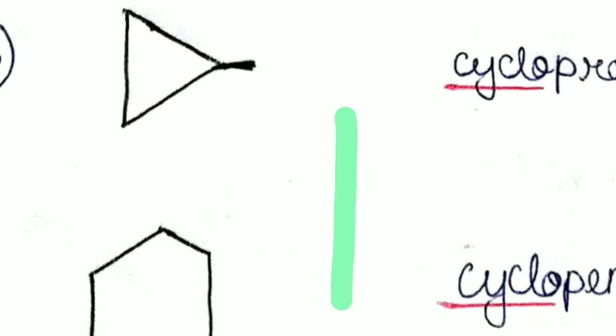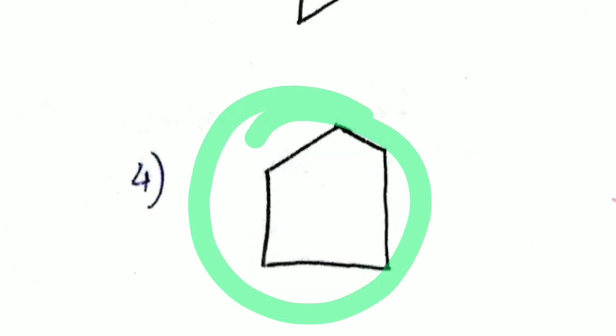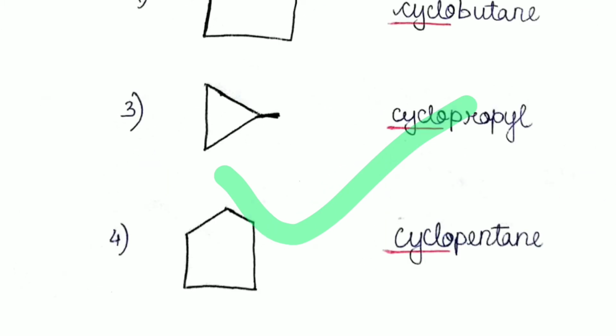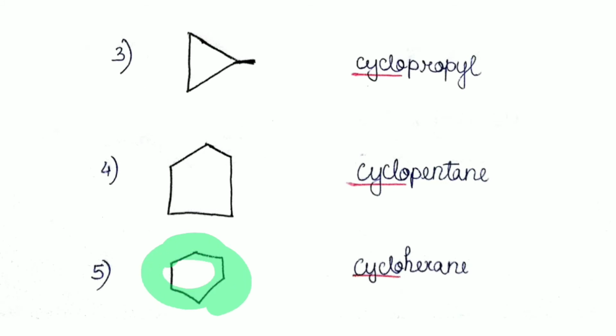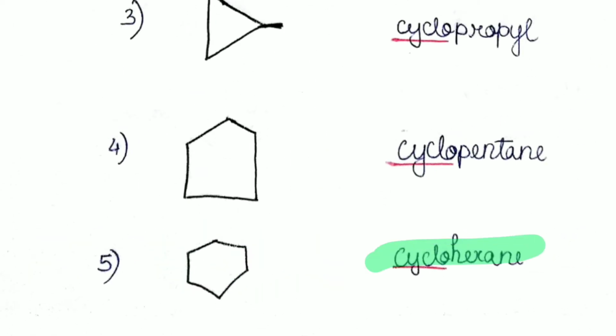And guys, what about this compound? This also has a 5 carbon atom ring. So it's going to have a word root of pent, and it will also have the primary prefix cyclo. So we're going to call it cyclopentane. That's the name of this compound. Now what about this compound? This has a 6 carbon ring here. So we're going to call it cyclohexane. You're absolutely right. Because 6 carbon atoms give us a word root of hex, and the cyclo will be there before the name of all these compounds because they are cyclocompounds. So that is their primary prefix.